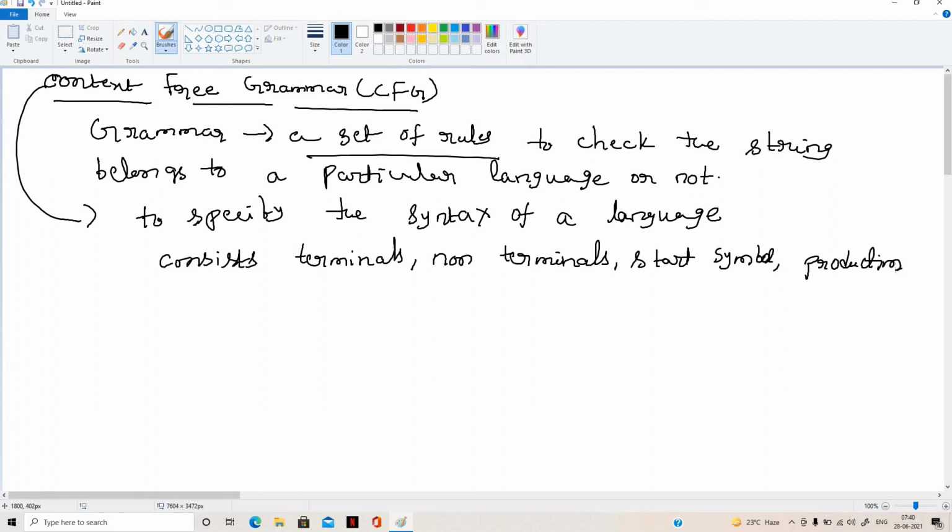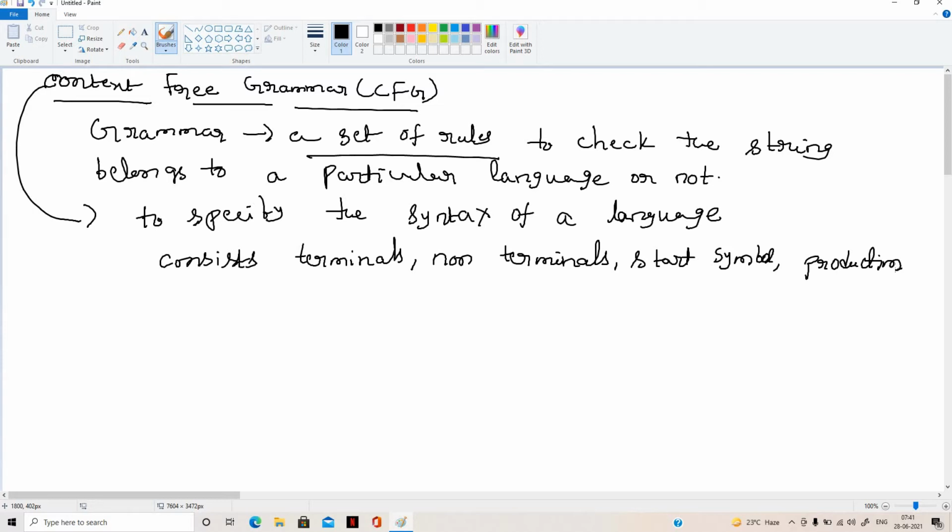So simply, it is a grammar which contains a set of terminals, non-terminals, the starting symbol, and the production rules.